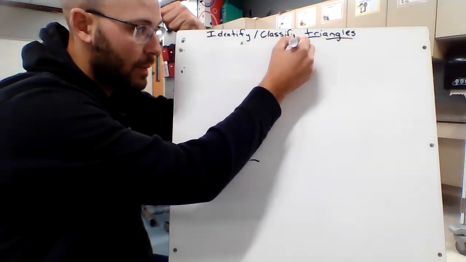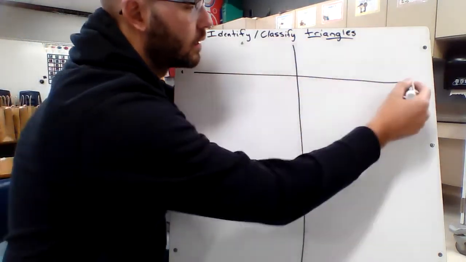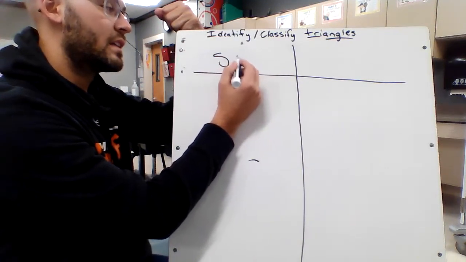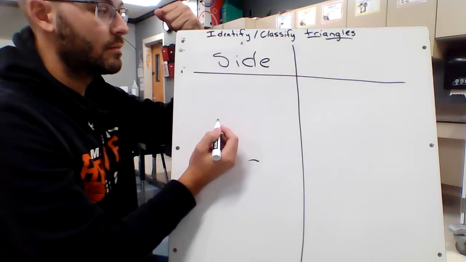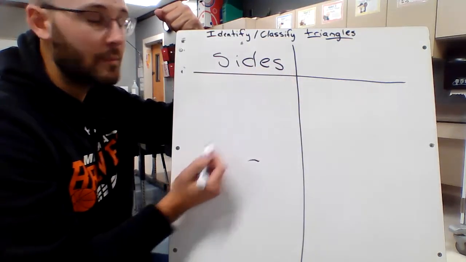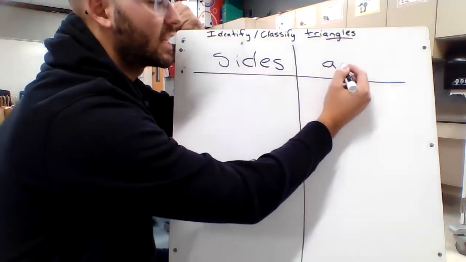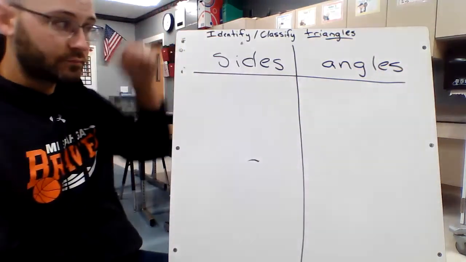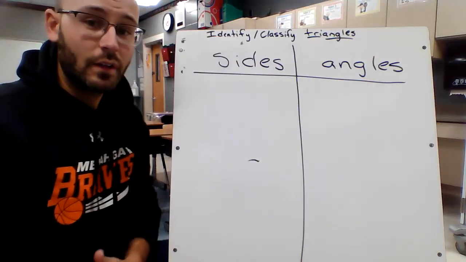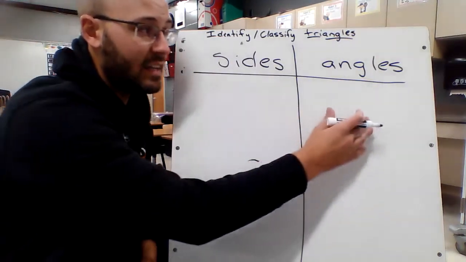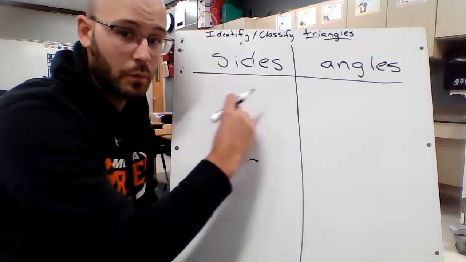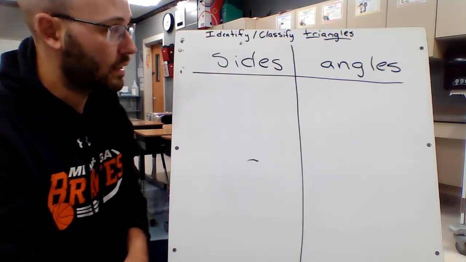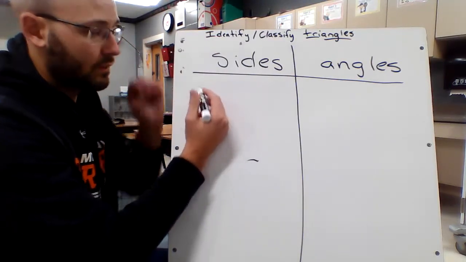I'll show you how we do that by making a little T-chart here. On this side, I'm going to write 3 different ways that we can classify a triangle based on its sides. On this side, we also can classify it 3 different ways based on its angles. So every triangle can be named by its side and its angles. For every triangle, you're going to take one word out of this list and one word out of this list to be able to identify that triangle. If we're talking about sides, there's 3 different types. We have an